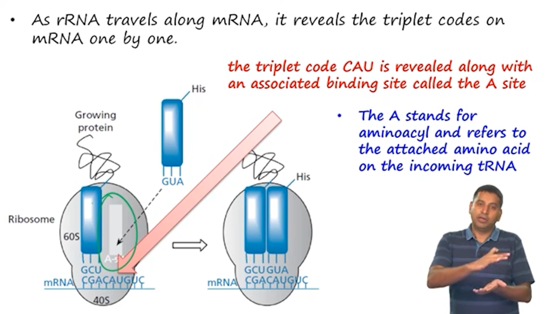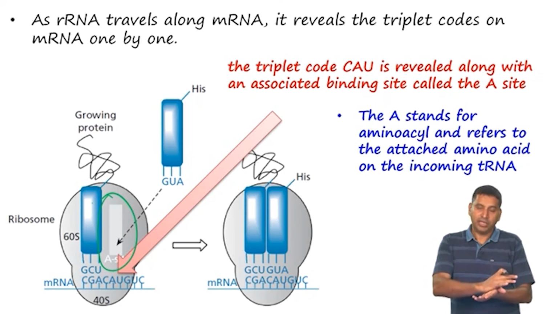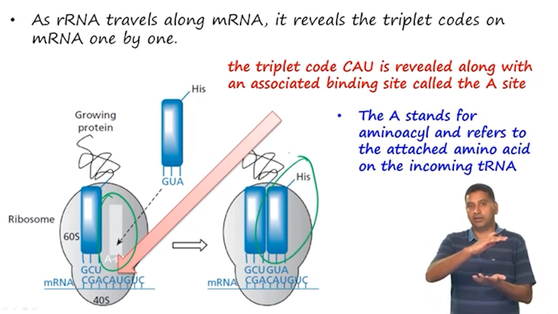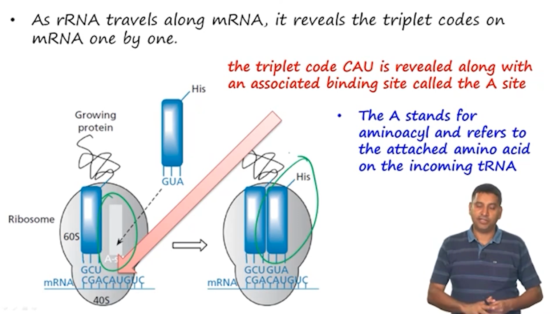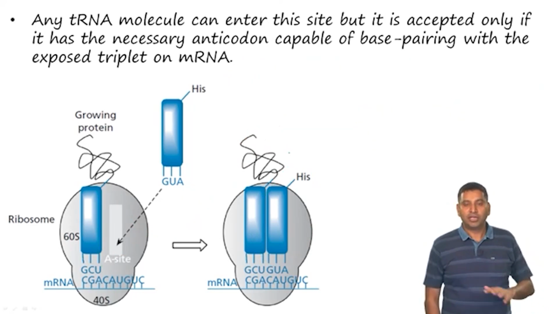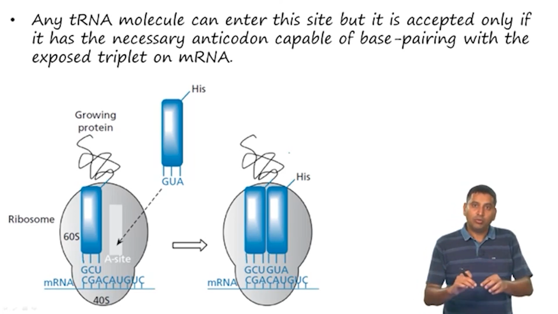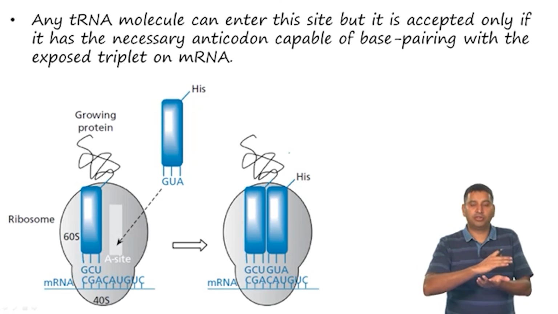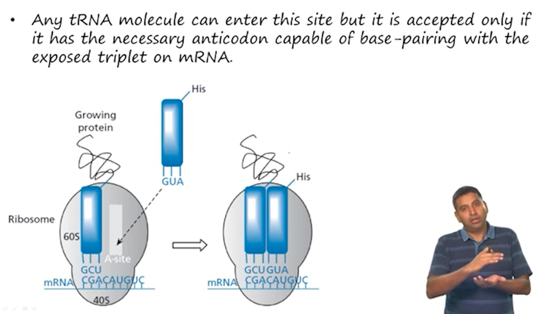Now, the tRNA, which has the correct complementary anticodon, will come and bind to this region and will occupy the A site. So, as you see here, the correct tRNA molecule will occupy the A site. Okay. Any tRNA molecule can enter this site, there is no restriction on that, but the only one that is